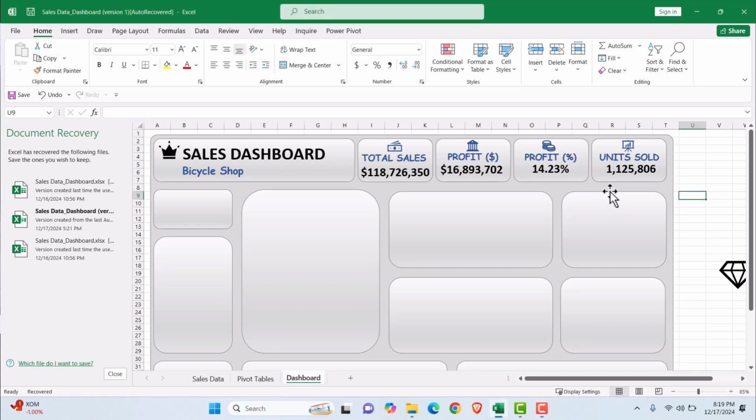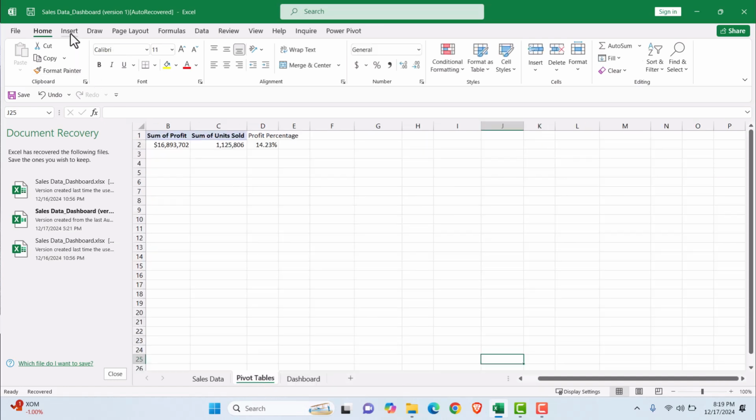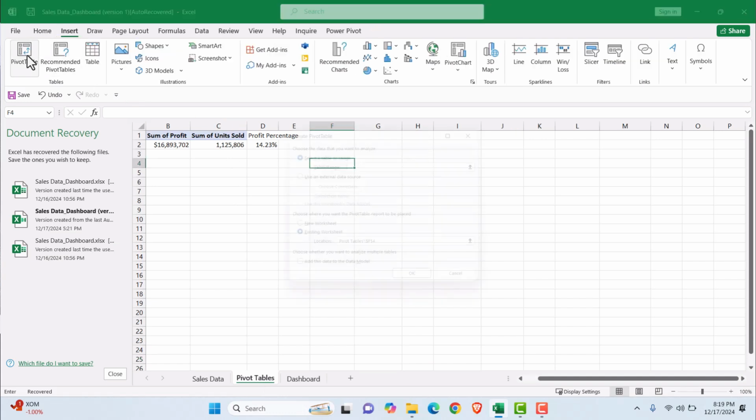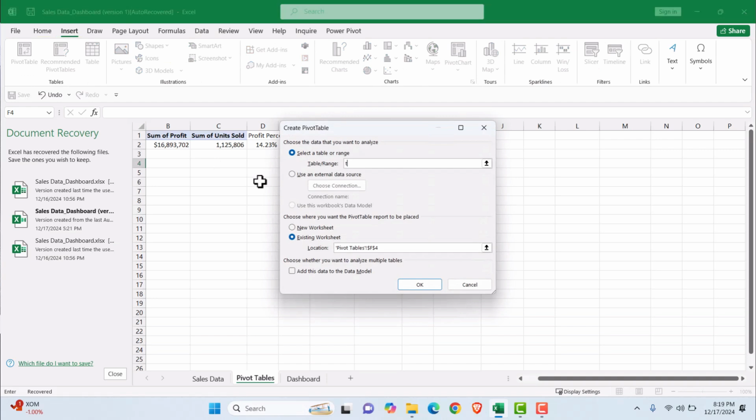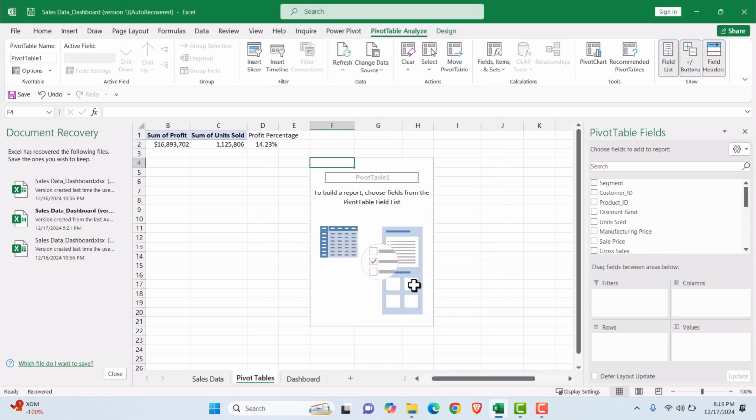Now we have to find the top selling product and the revenue generated by that product for this section of the dashboard. So what I will do, I'll go to the pivot tables, and let me click somewhere over here, and let me click on this insert tab and pivot table. Here we will provide it with the range or the table. So table 3 is the one that we are using, and then what I have to do, I'll have to